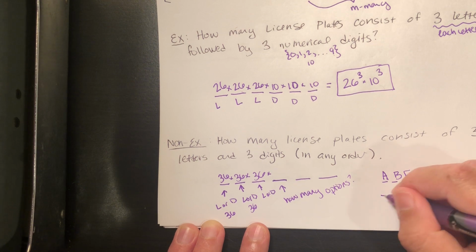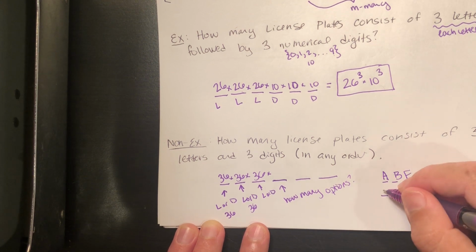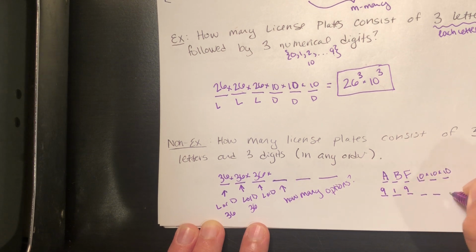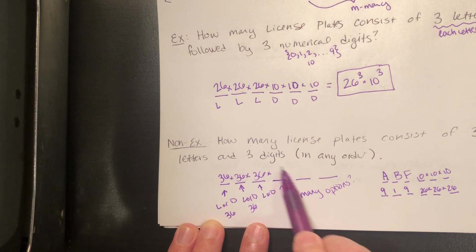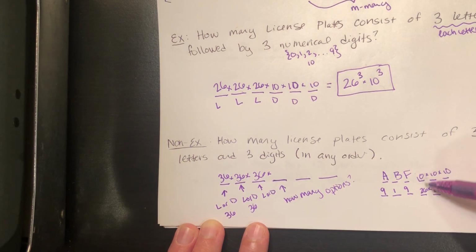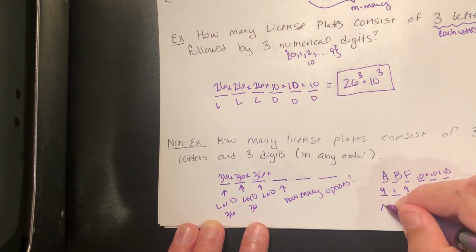But if you had started off by choosing, let's say, 3 digits, let's say 919, well, now you've used up your 3 digits and you'd have to use letters here. So you'd have to use 26 options for each of these. And so each of the choices that we made in the first 3 spots do not allow for the same number of choices in the 4th spot. In one case you have 10 options, in another case you have 26 options, and in another case, let's say you had started by choosing